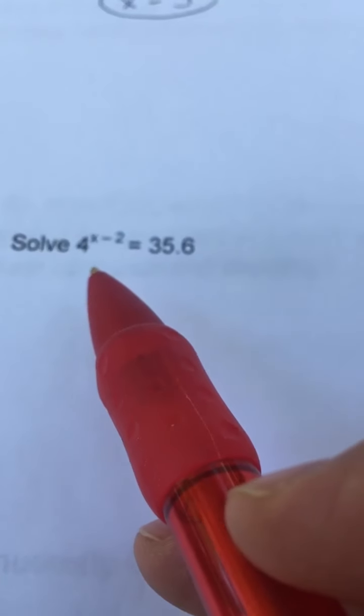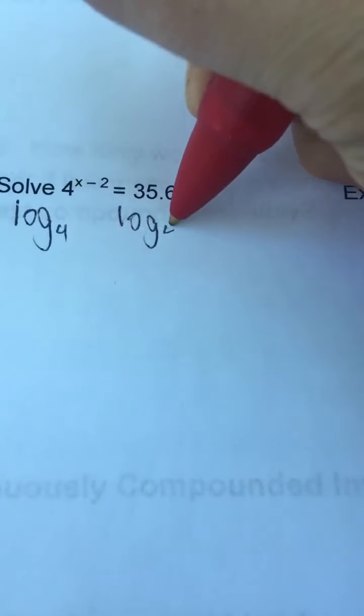If you look at example 3, 4 to the x minus 2 equals 35.6. Again, I cannot use the same base method. I don't know how to write 35.6 as 4 to some power, but I can rewrite it. All right, I've got base of 4, so I'm going to take log base 4 of both sides. So I'm going to have log base 4 of 4 to the x minus 2 equals log base